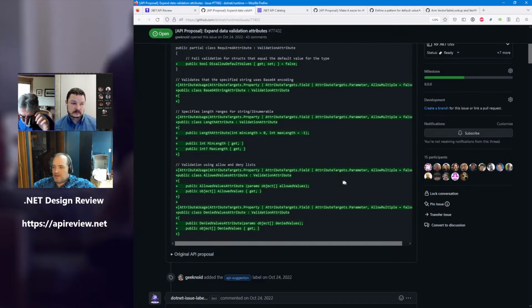But wait, can't I have an attribute that would say deny values between 5 and 10 that just derives from this attribute? Well, it's once the constructor is doing work, right? If deny 5 to 10 calls base with an array of 5, 6, 7, 8, 9, and 10, that means everybody now needs to know what the implementation of that constructor is, which means it's only applicable to the runtime reflection model. It's not applicable to source generation or anything else based off reading metadata, which again, most of our attributes are designed for metadata reading, not for runtime reflection.